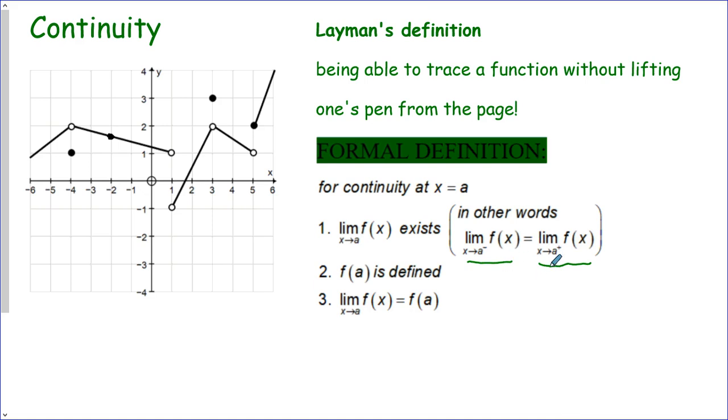It's a case of the left hand knowing what the right hand's doing. All right. The function must be defined at a, and then lastly, the limit value as x approaches a must be the function value at a. Right. So if we just go and have a look at